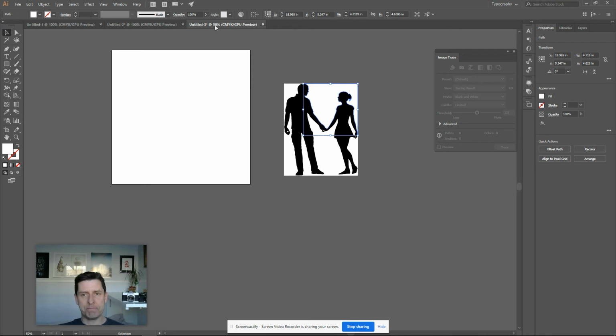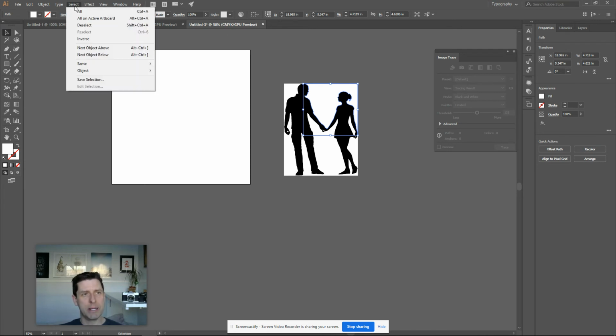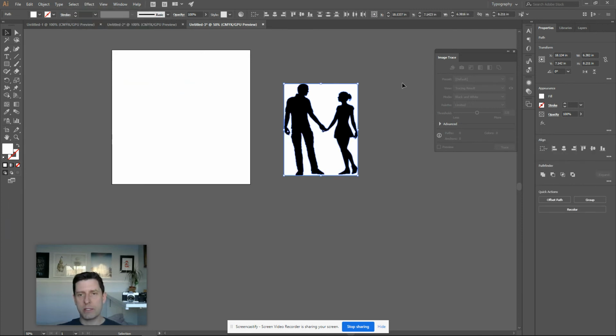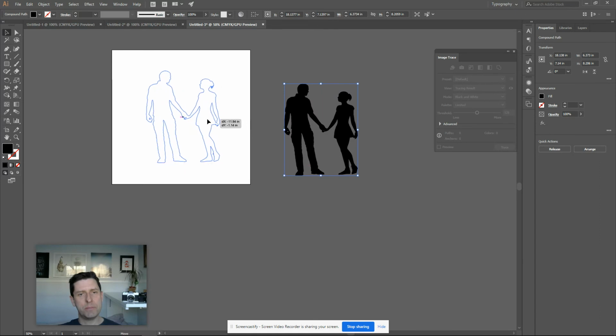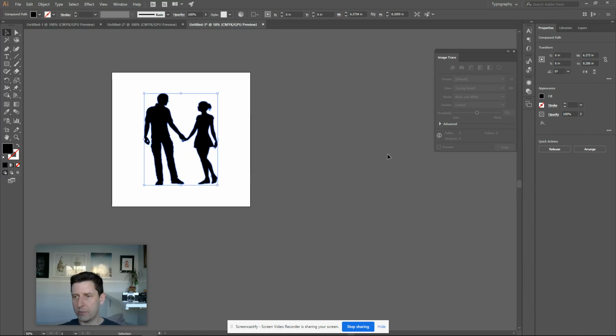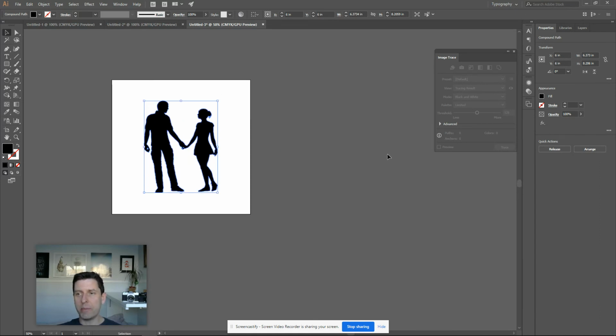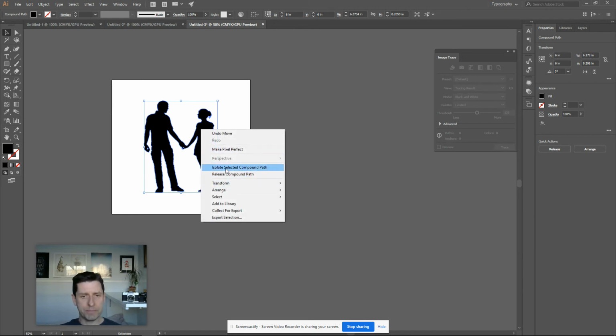All right, so in this case, we know that the two fill colors are black and white. There's no other colors. So if I go up to Select, Same, and then choose Fill Color, I'm just telling Illustrator, select anything that's the same fill color. So in this case, it selects all the white. Now if I hit delete, it's gone, right? So that's obviously the way to go, a lot quicker. Okay, now I can grab these two, slide them over to the artboard. I can group them now because it's okay to have them as a group. You can do that by right-clicking and selecting